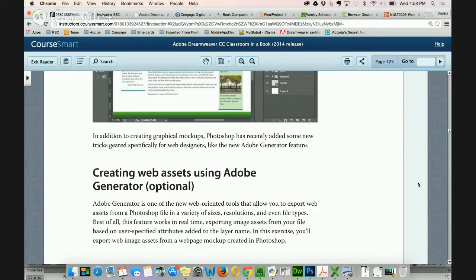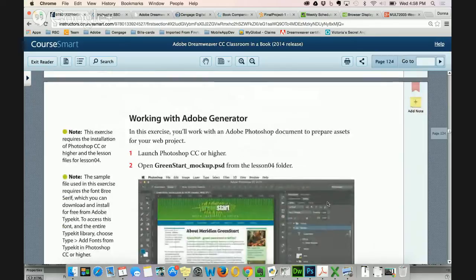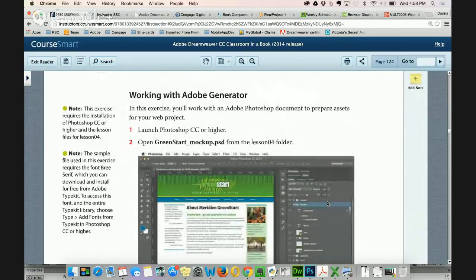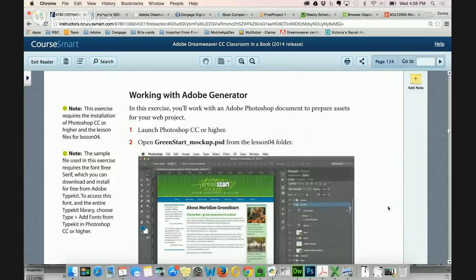Like there's one that says you go ahead and create your blank index page, and there was something about putting an update in there that you may not know how to do yet. So you can email me if there's something you don't understand, because I wanted to get through this lesson so you'll know how to do this. Working with the Adobe generator, then we're going to go down and okay, so